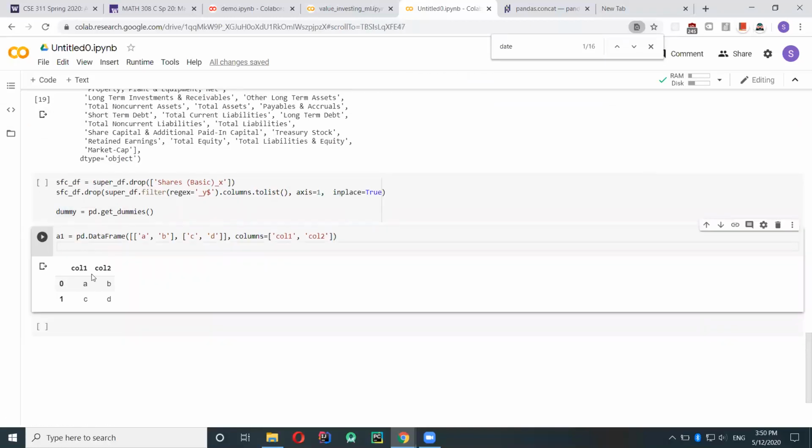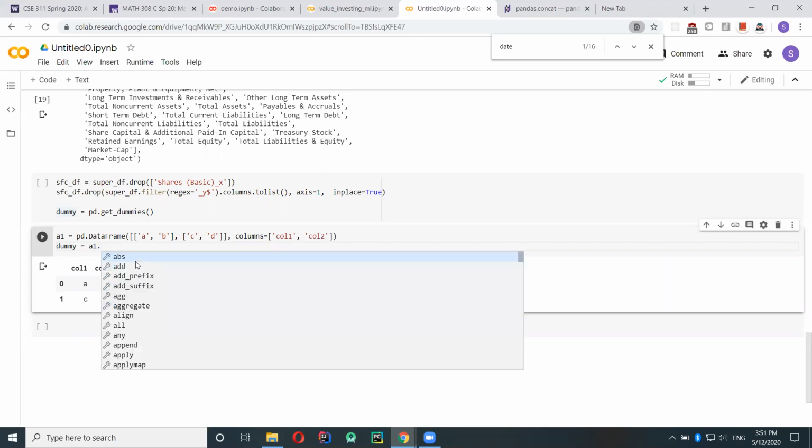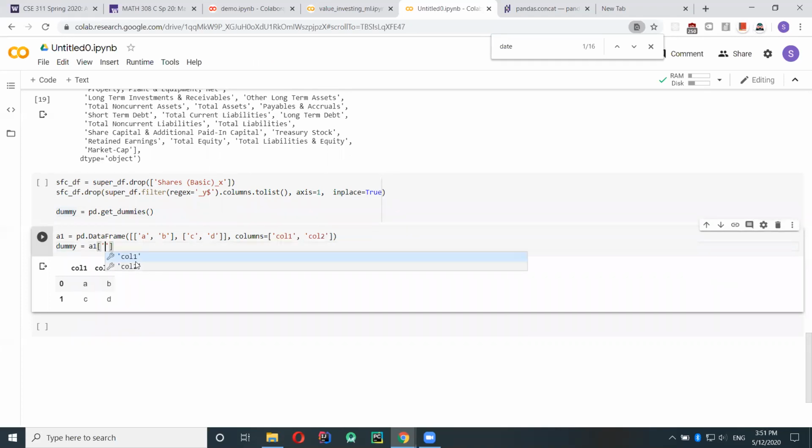Okay, so if we fed these A, B, C, Ds into our machine learning model, it would not work because a string doesn't have a numerical representation. When you're doing linear regression, where you take a bunch of numbers and find the line of best fit through all the data, it doesn't make sense to find a line of best fit through A because it's not real. It doesn't represent numerical data. So how do we make this into numerical data? Let's just encode one column for now, with pd.getDummies.